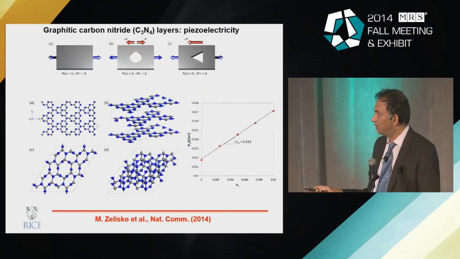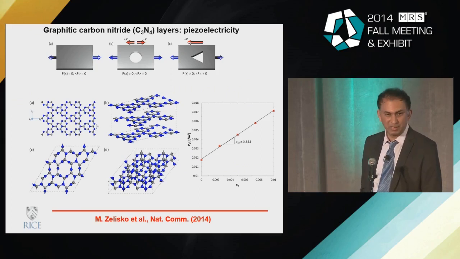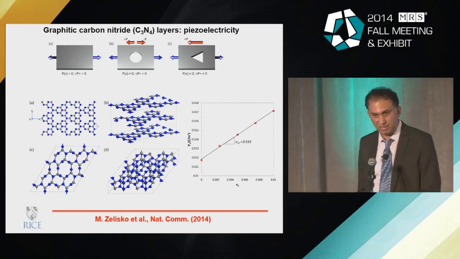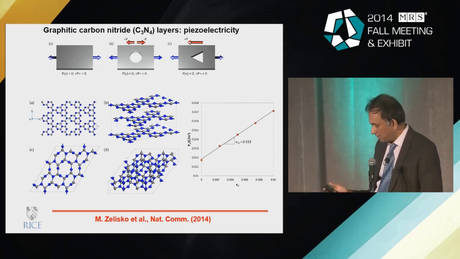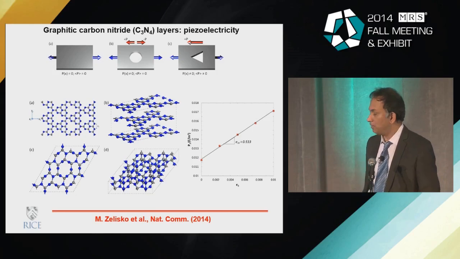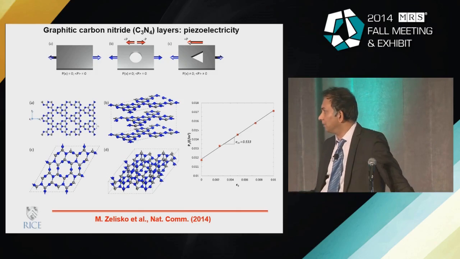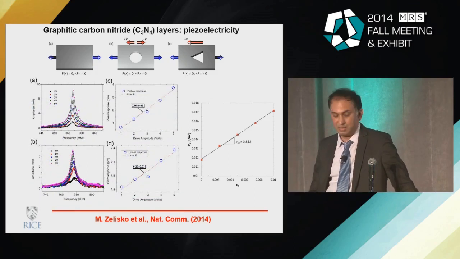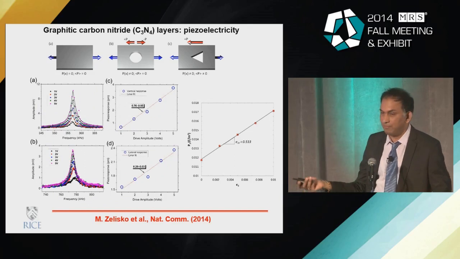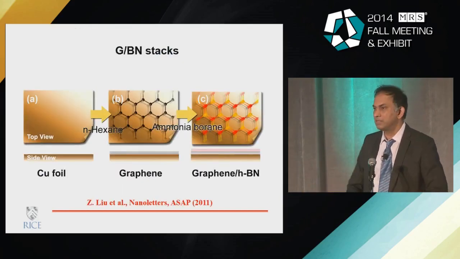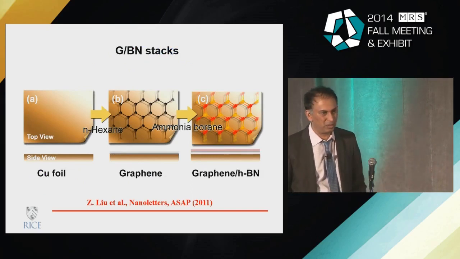The carbon nitride, because of the lack of central symmetry, because there are these triangular holes in the structure, also becomes piezoelectric. In fact, we have grown layers of carbon nitride on a substrate, and using some atomic force microscopy technique, we have managed to show that this can indeed be piezoelectric. The piezoelectric coefficient is about 0.5, which is close to that of quartz. So it's not that small either. So there are all kinds of fascinating properties of these individual layers.